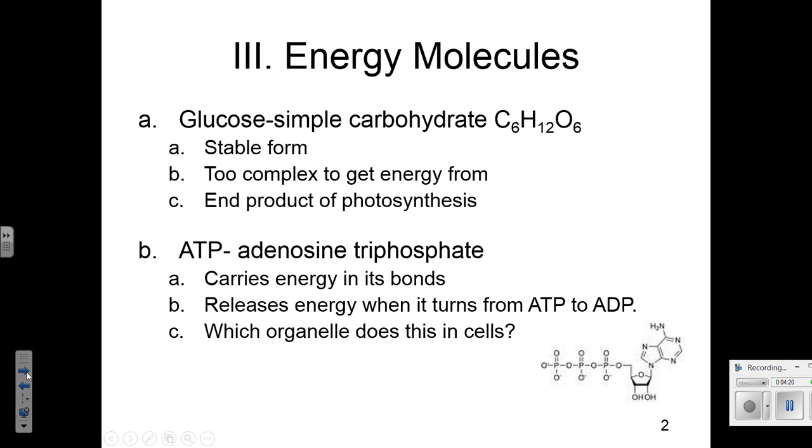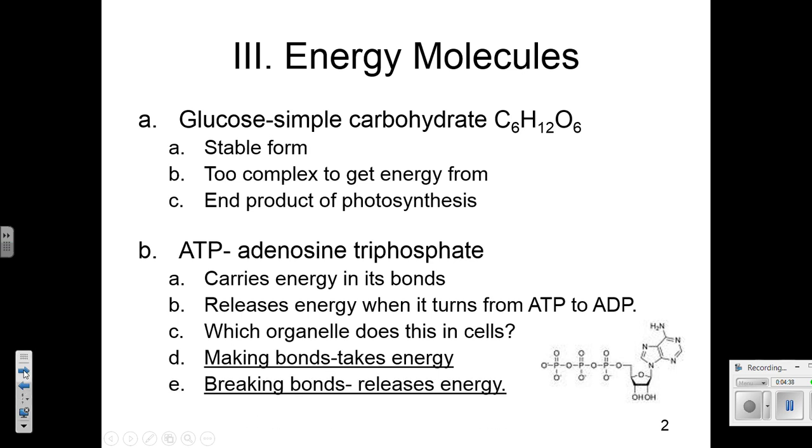Okay, if you remember back to our cell unit, which organelle is creating ATP? And that would be the mitochondria. If you don't remember that, you might want to write that in your notes right now. So the basic premise here is that when you are making a bond, that takes energy, and when you're breaking it,